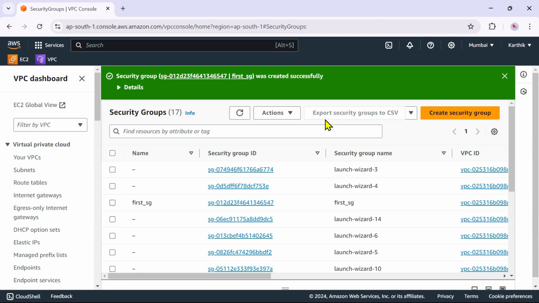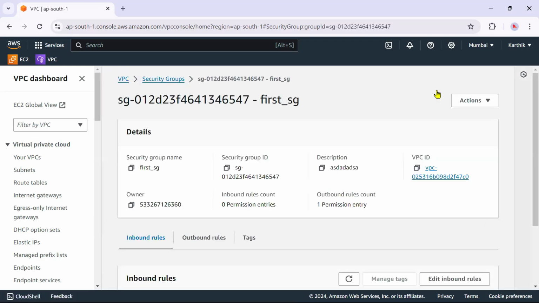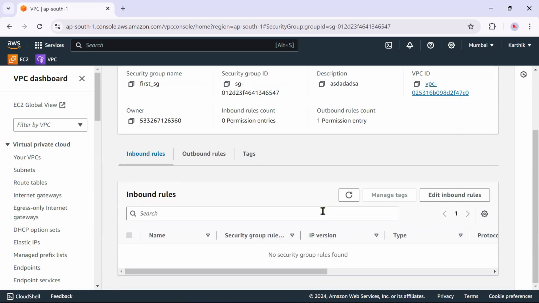What is the next thing we should do? Next, you should configure your inbound traffic: who should come into your resource and who should go out of your resource. For doing that, just click on this security group. Once you are inside, just come down. Here you can see inbound rules and outbound rules.